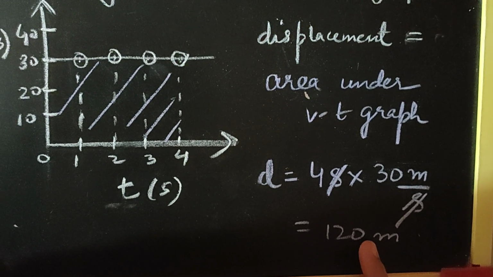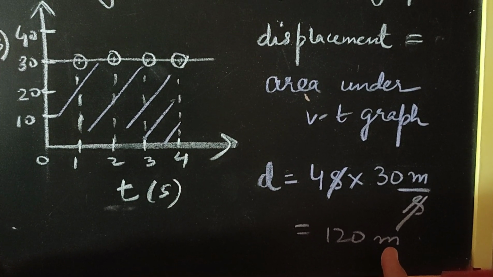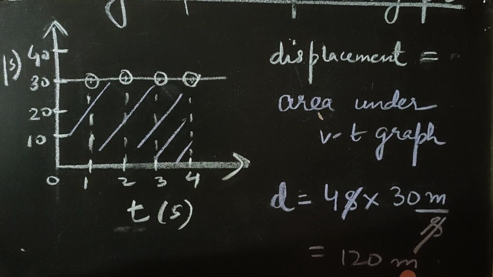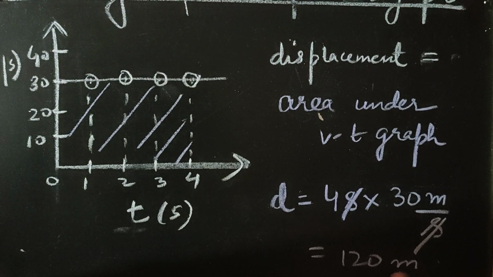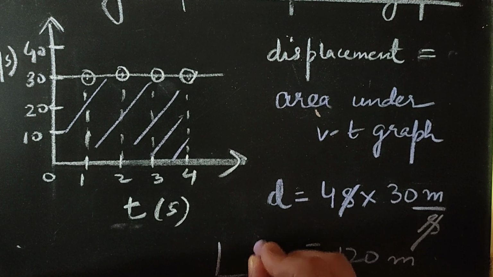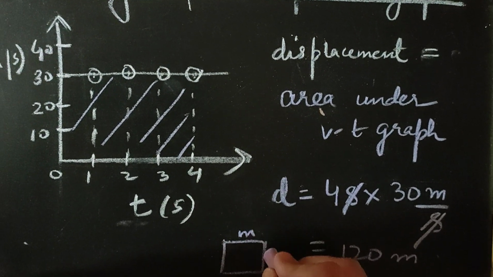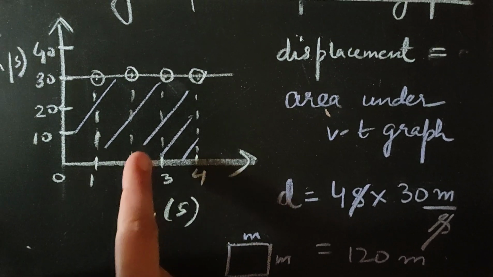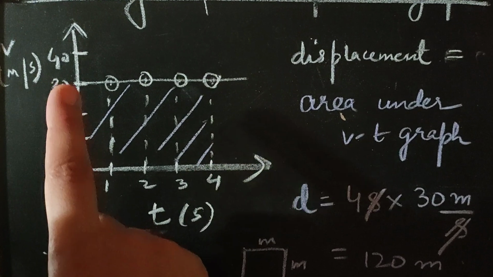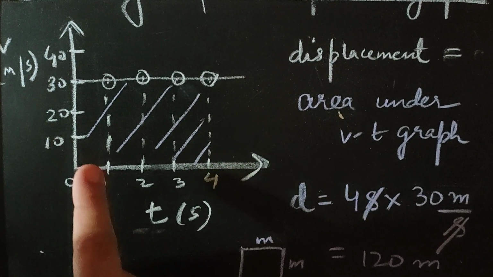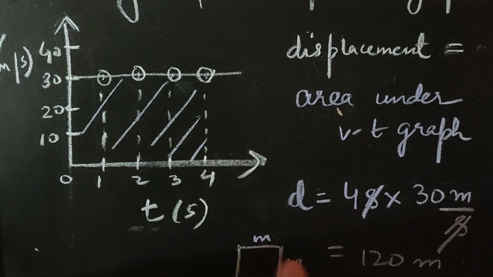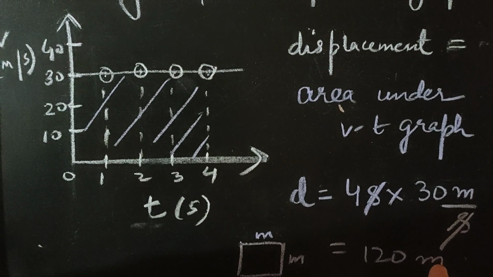Remember, we are calculating area under the graph, but the units here will not be meter square as in the case of maths. In mathematics, when you calculate the area of a figure, you give the answer in meter square. That is because the figure given to you has its sides in meters. But here the figure given to you has its sides in different units. The breadth of the rectangle here is in meter per second, and the length of the rectangle here is in seconds. So when meter per second is multiplied with second, it gives us the unit meters.